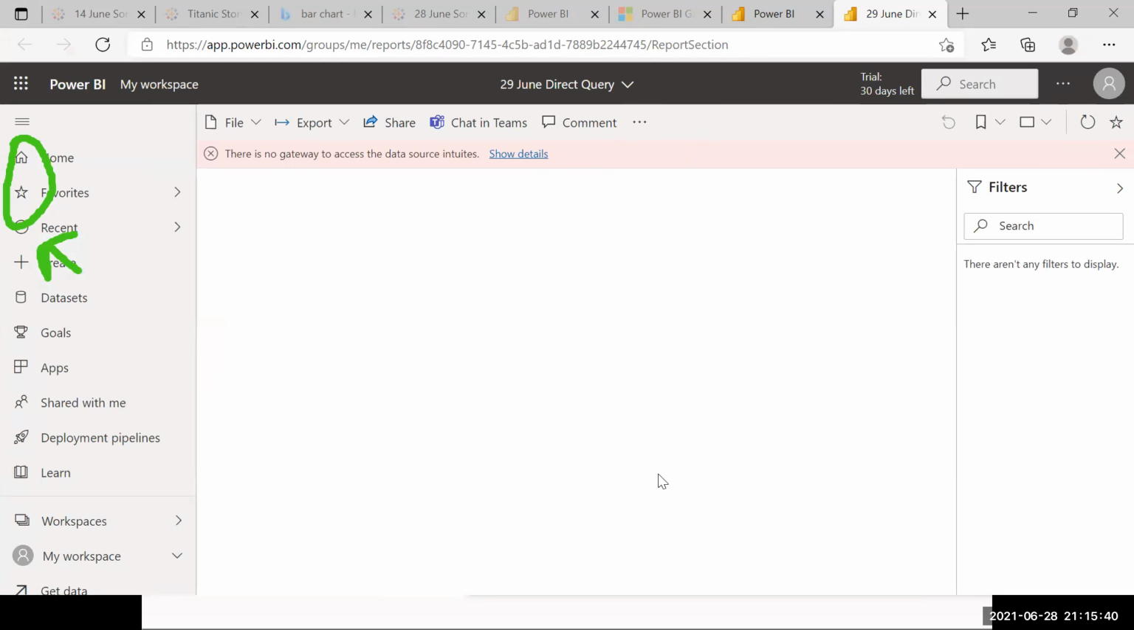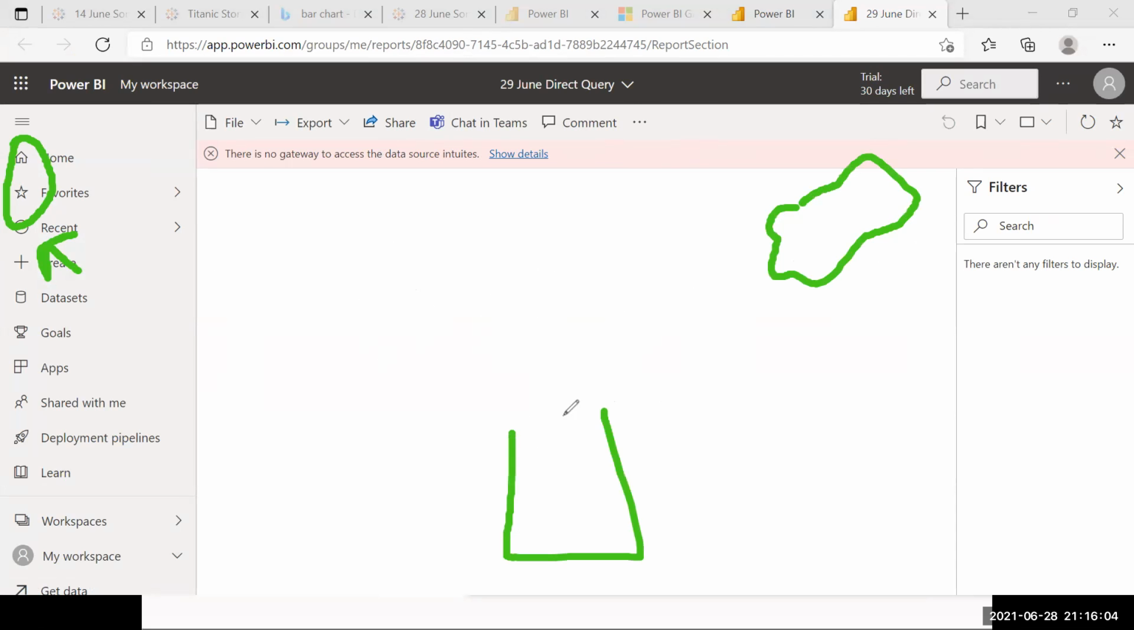See, when you now publish this report, nothing will be visible on this. Why? It's saying there's no gateway. The reason is that the gateway is there, but the connection is not. Basically, I have published a report on the cloud and it was a DirectQuery, so the data also has to flow from the server directly. There is no connection of this report on the cloud with your server right now. So what we'll have to do is